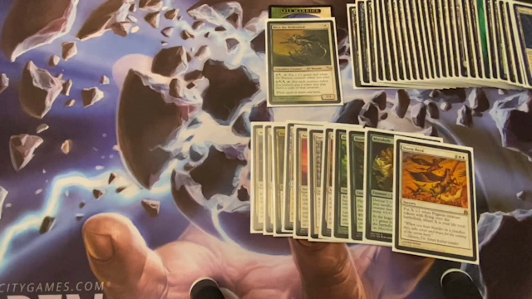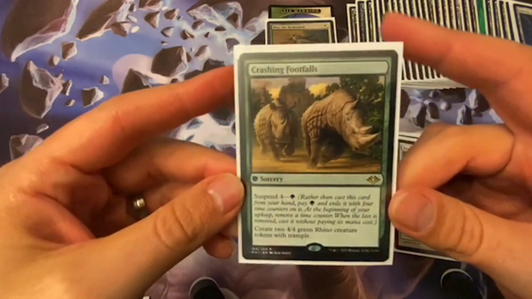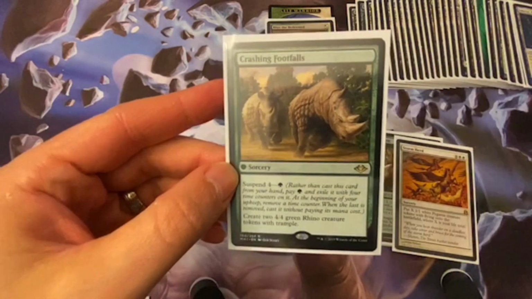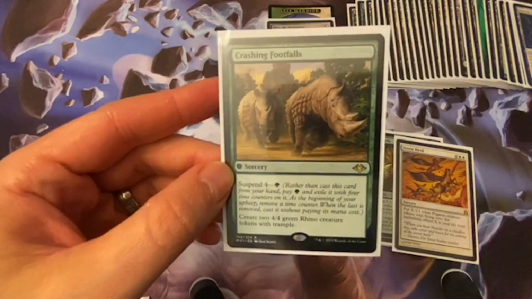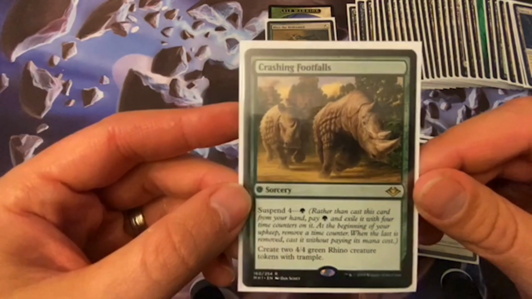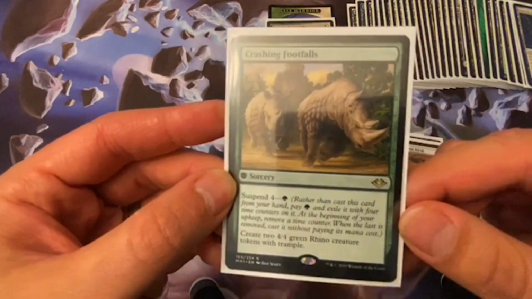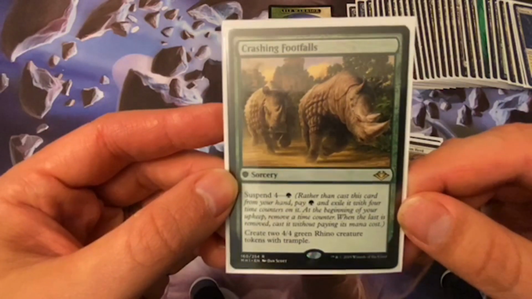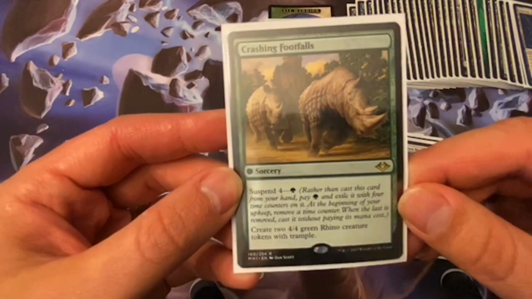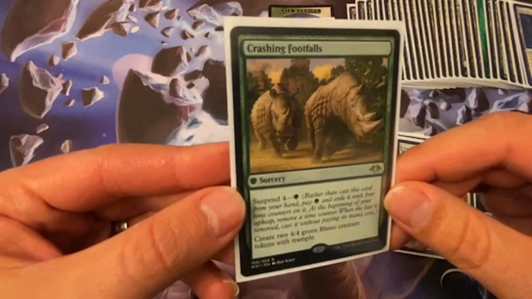A great turn 1 token maker coming at us from Modern Horizons, we've got Crashing Footfalls. So turn 1, play a Forest, tap it, play this for suspend 4. Rather than cast this card from hand, pay a green and exile it with 4 time counters. Then at the beginning of your upkeep, remove a time counter. When the last one is removed, cast it without paying its mana cost, and you get 2 4/4 green Rhino